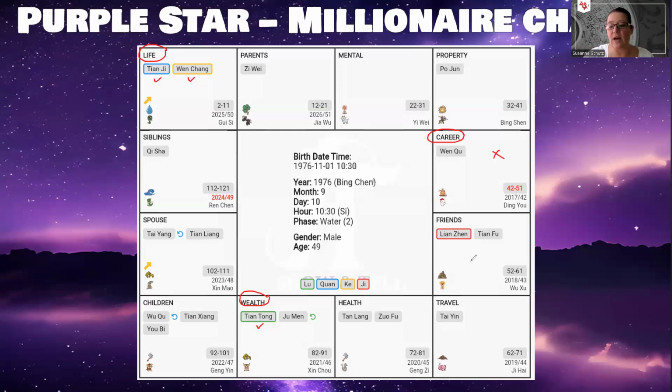And if you have this in your chart, then you in essence have the three precious formation, and there is the potential to become very, very wealthy. Now we call it a millionaire chart, but it's an indicator that you can get very, very wealthy. People with these sorts of charts are usually very, very capable, and it's very easy for them to gain success in life. Whatever they try their hand on, they will be successful.